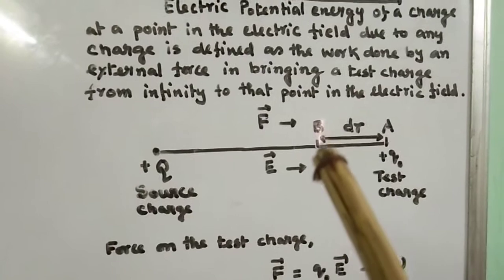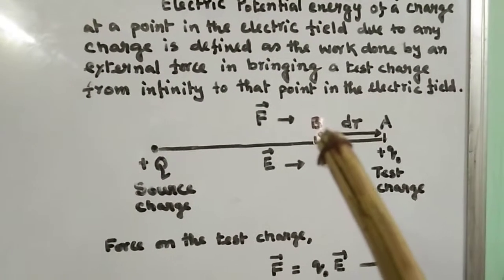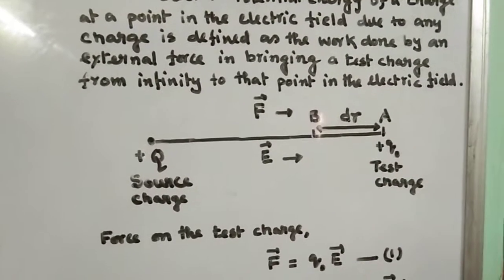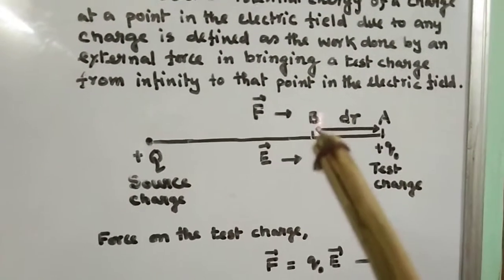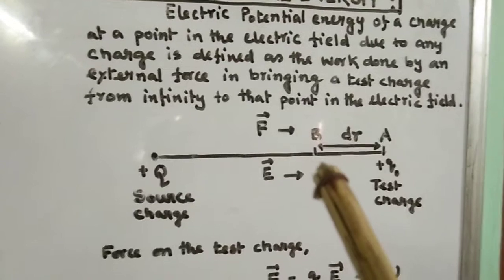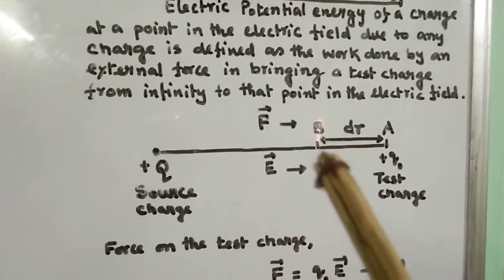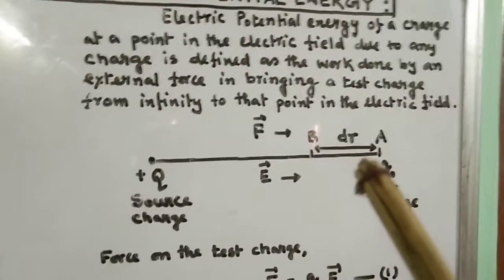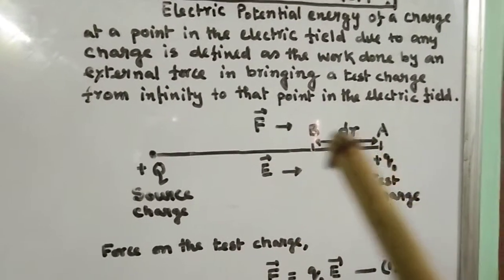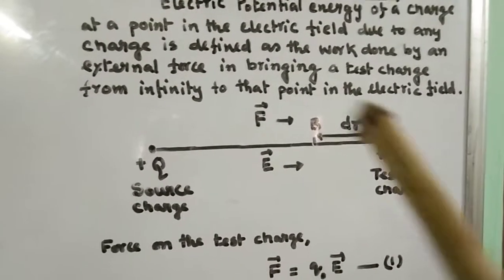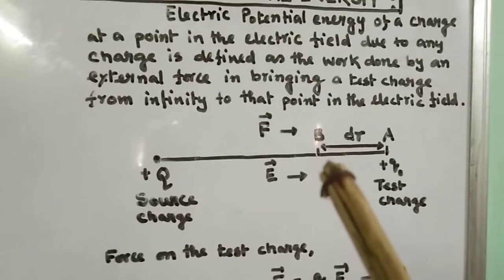So if you have to define potential energy at B, what do you have to do? You have to bring a test charge from infinity and place it at B. And for that, how much work have you done? That is nothing but the potential energy at B. So practically infinity you can't define. That's why I consider two finite points, A and B. And theoretically what will we do? We will consider A as infinity and B is the specific point where we have to define the potential